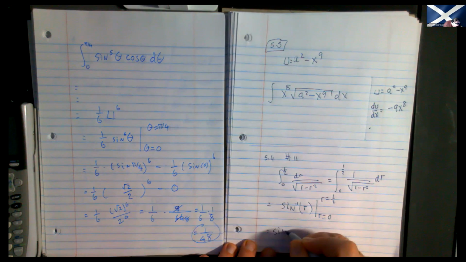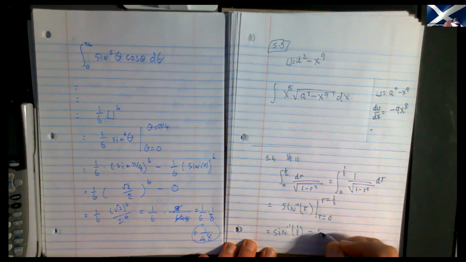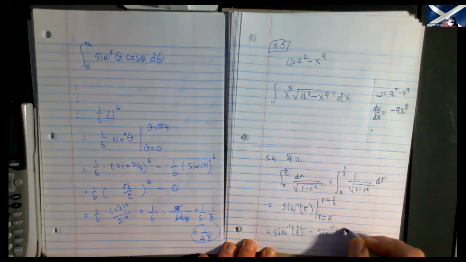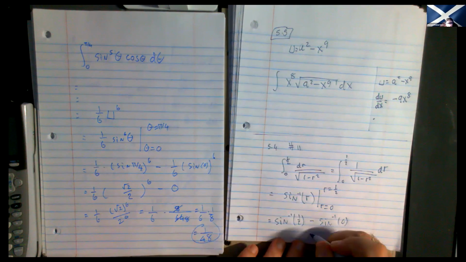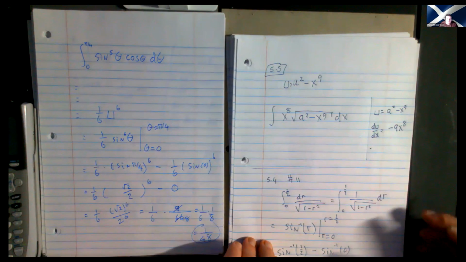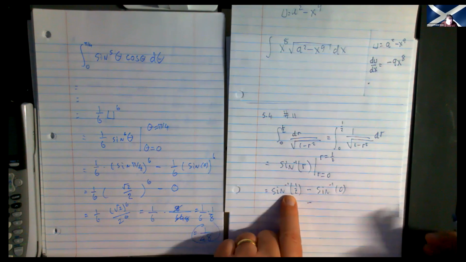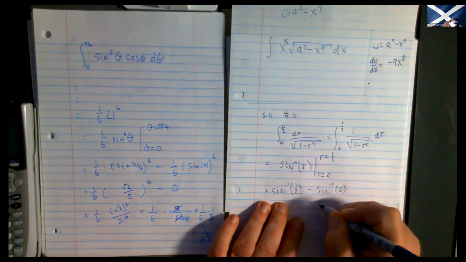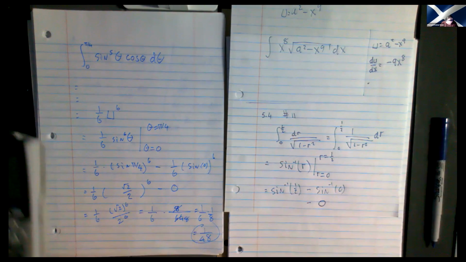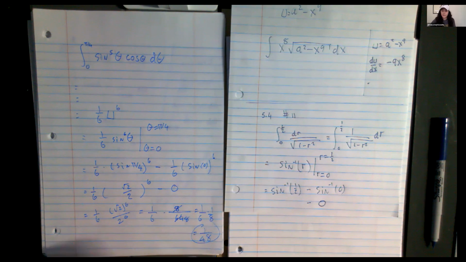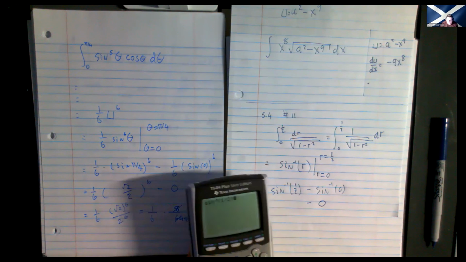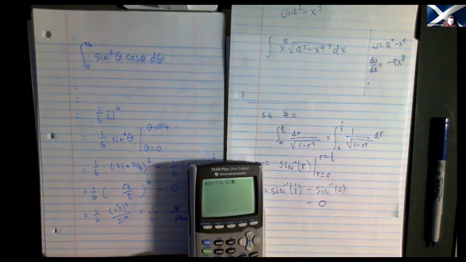Now we have the inverse sine of 1/2 take away the inverse sine of 0. Think of the inverse sine as what angle has a sine of 0 and what angle has a sine of 1/2. The angle that has a sine of 0 is 0. What angle has a sine of 1/2? Pi over 6. Okay, so let me show you. I've just typed into the calculator inverse sine of 1/2. I'm now going to do